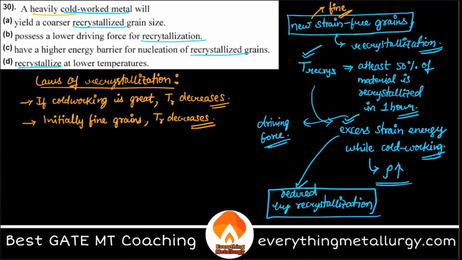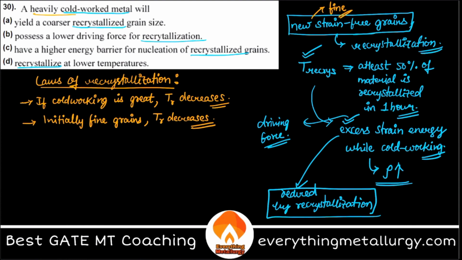C, have a high energy barrier for nucleation. No, energy barrier has to do with the nucleation products and the coherences, which is the interfacial energies. But here we don't have any new phase forming, so there is no barrier also. So the only thing is the excess strain energy is allowing for the grain boundary movements, and resulting in